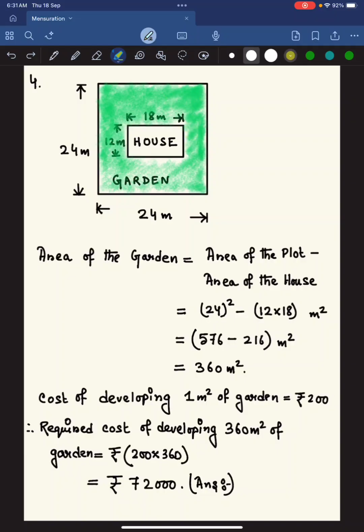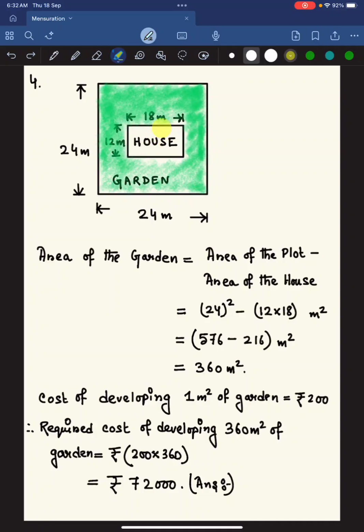So how to calculate the area of the garden? If we can find out the area of the square plot and deduct the area of the house from this, then we'll get the area of the garden, right? So area of the garden is equal to area of the square plot minus area of this house, right? Which is equals to, what is the area of the square plot? Since it is a square, the side is given as 24 meter, so area will be 24 square minus,